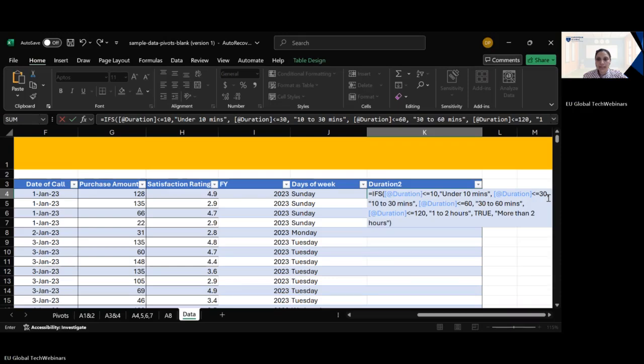And if the duration is less than or equal to 60, it is under 60 minutes. So if you can see over here that